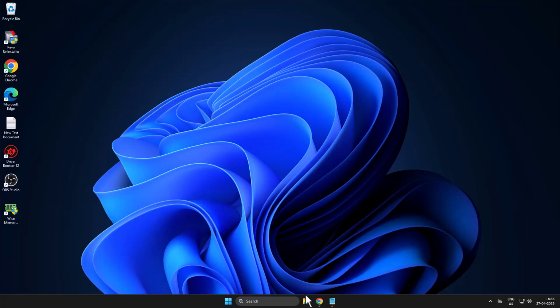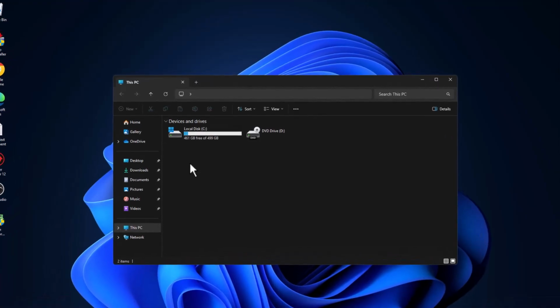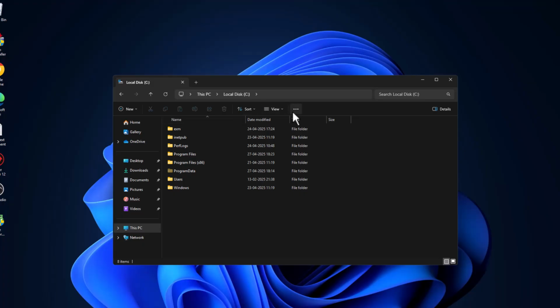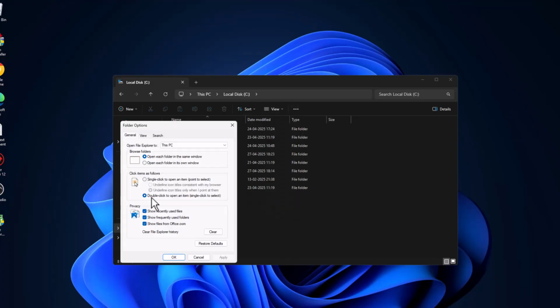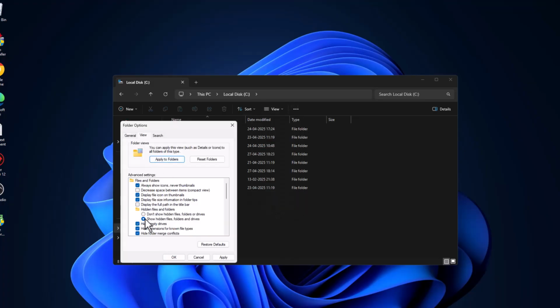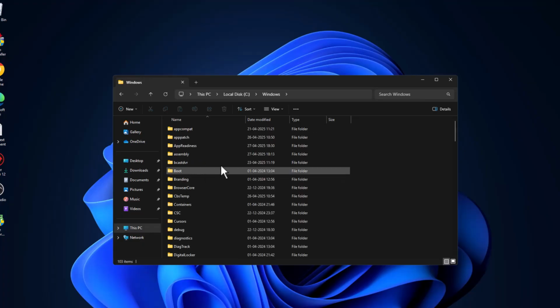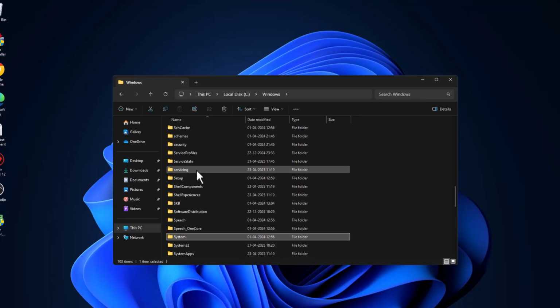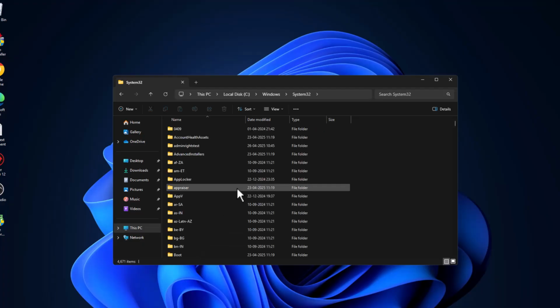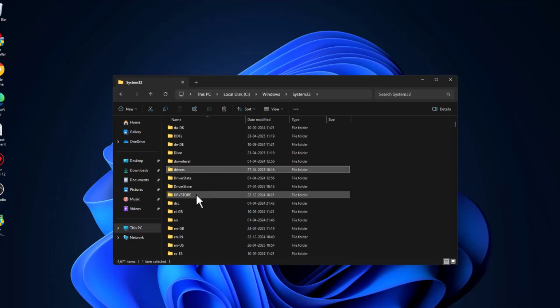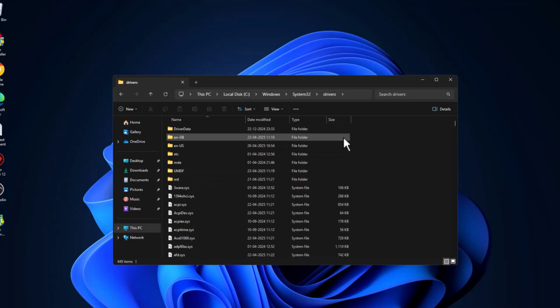If not, method 3: open up File Explorer, go to C drive, select the three dot icon and select Options. Go to the View tab and select Show hidden files, folders and drives, then select Apply and OK to save changes. Then go to Windows and find System32, double click on it. Now find the Drivers folder, double click on it, and now search